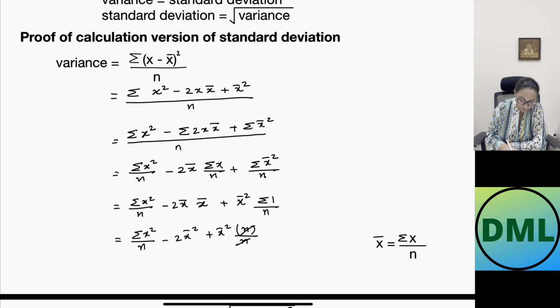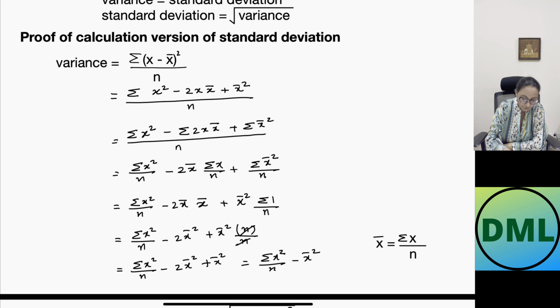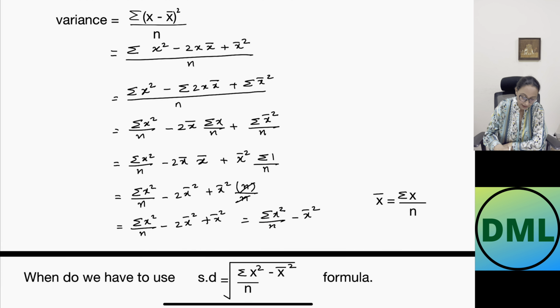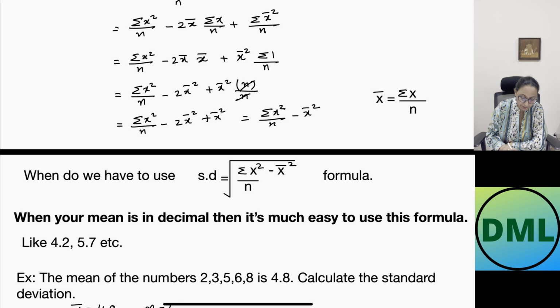N will get cancelled from here and you will get sigma of x square over n minus 2x bar square plus x bar square, which is equal to sigma of x square over n minus x bar square. If you subtract this, minus 2x bar square plus x bar square, you will get minus x bar square. This shows you that this value is the same as this value, and standard deviation will be given by